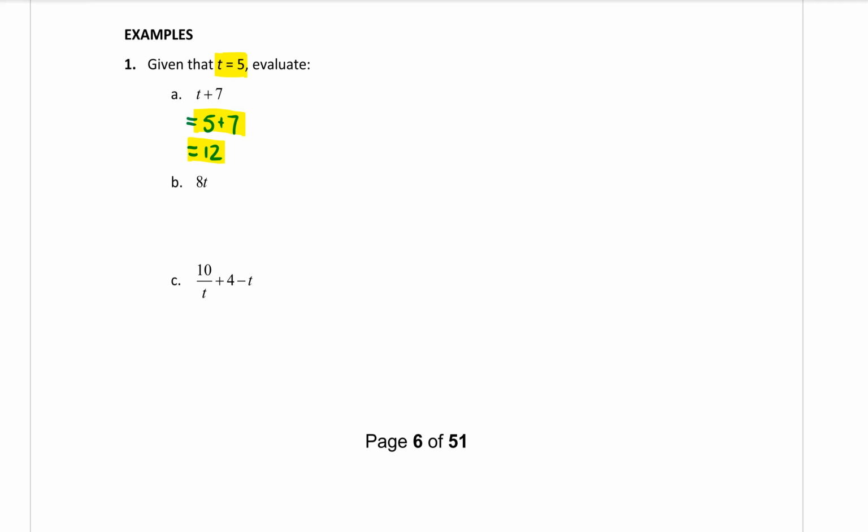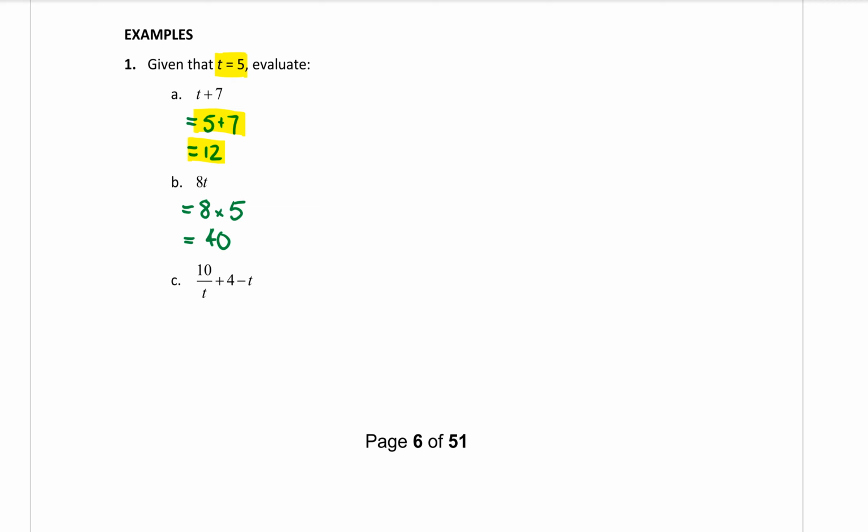8t. Remember, we are always putting 5 everywhere we see a t. So that means we want an 8 and we want a 5, but we don't want them straight next to each other, because that would look like 85. When they're next to each other, I have to put that multiplication sign back in so that it is 8 times by 5, which will then equal 8 times 5 is 40. So next,